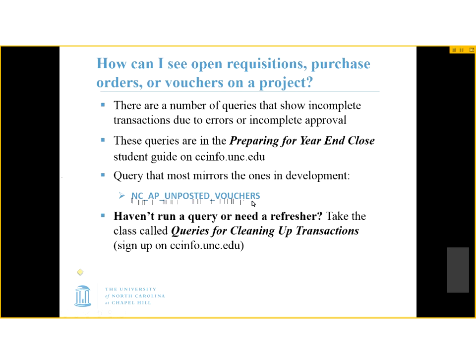So if you go to your quick reference card that I mentioned at the very beginning, the first item on there is going to be this preparing for year-end close document. It's listed on CC Info, and it lists all the queries I'm talking about, and it has this query included